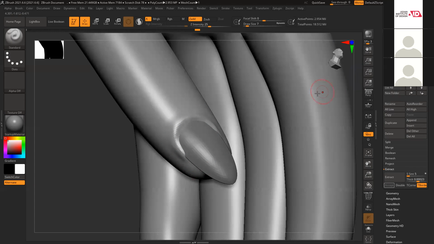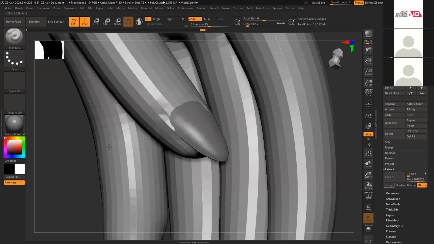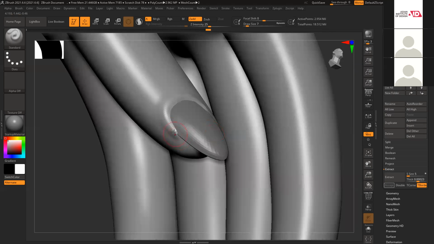And I have hidden that layer, that noise layer, because I have to smooth this thing. So if that layer is visible, it will smooth the noise also. That's why.